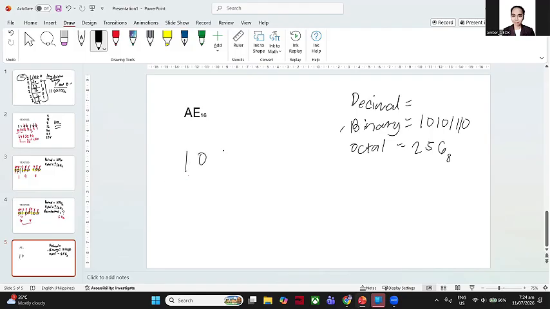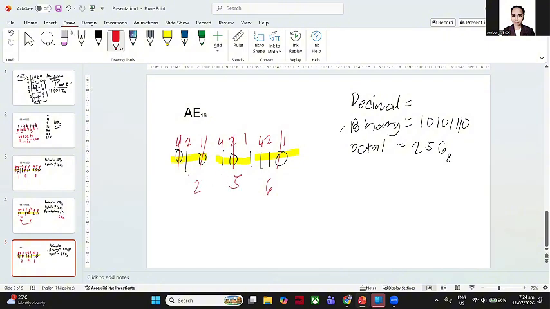Okay, so let's rewrite, just to make sure that our octal is also correct. We group this into 3 members, 1, 2, 3, with our imaginary 0. And then we have 1, 2, 4, 1, 2, 4, 1, 2, 4. So we cancel, and that's it. So 6, 5, 2. Oh, it's okay.